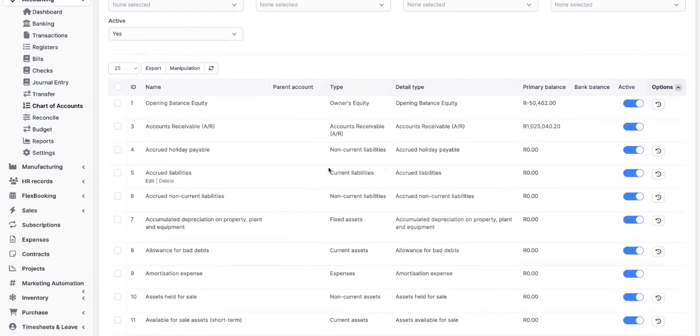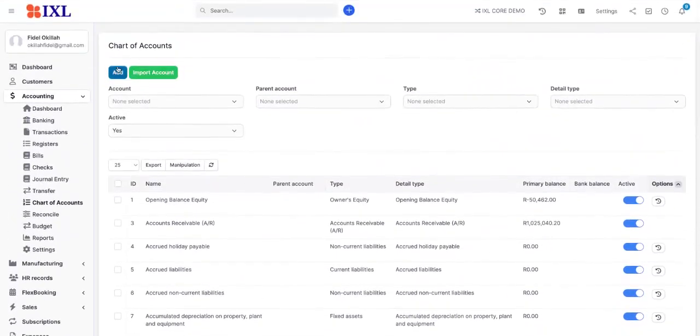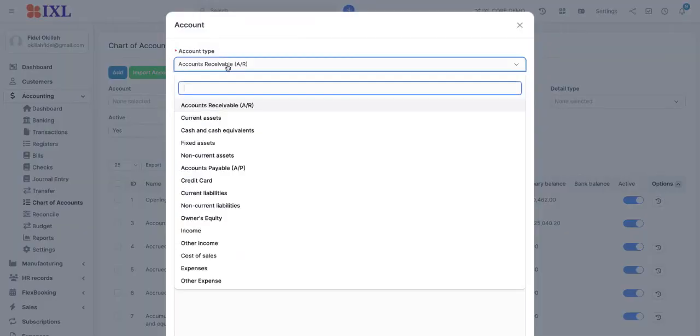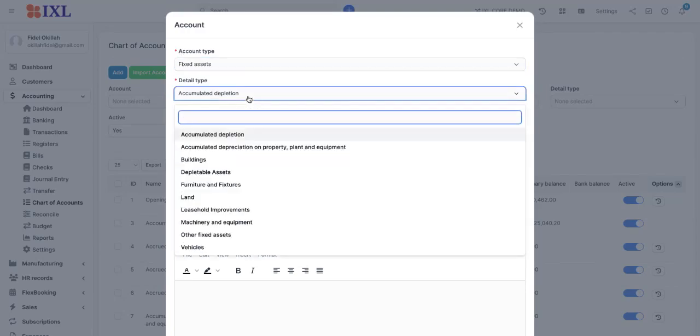To create a new account, there are various ways of doing that. We can click add an account, and choose the type of account. So it's an asset, a fixed asset account, and you can classify that as a fixed asset account. The detail type of the account: is it a building, accumulated depreciation,